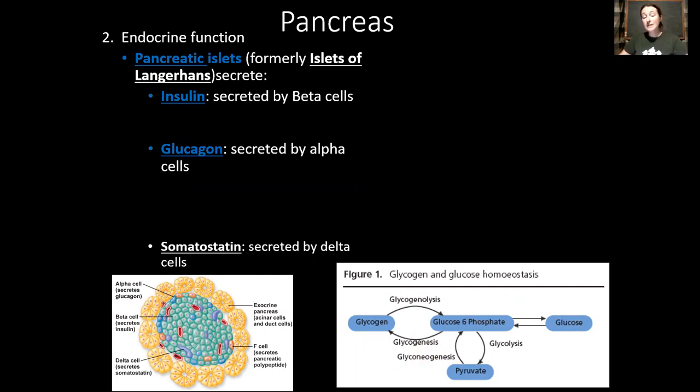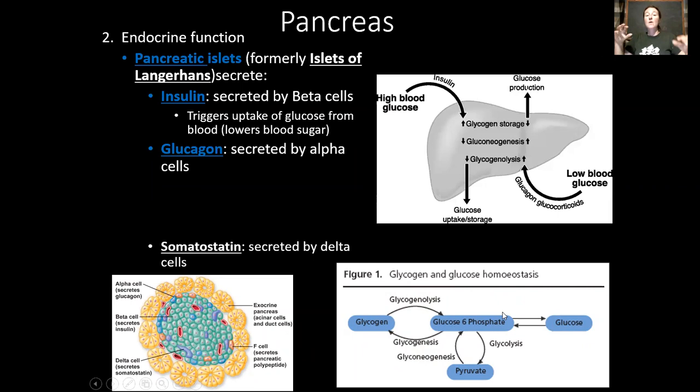Again, I bring this up now because insulin and glucagon are essentially going to push this reaction in one way or another. Insulin is released when there is a lot of glucose in the blood, or there is about to be a lot of glucose in the blood. So this is going to stimulate this reaction to go to the left here. Essentially, insulin, when detected by those hepatocytes, is going to increase how much glycogen is stored. And it is going to decrease how much glycogen is broken down and how much new glucose we are making.